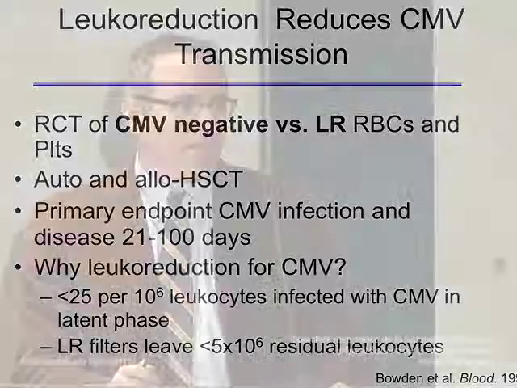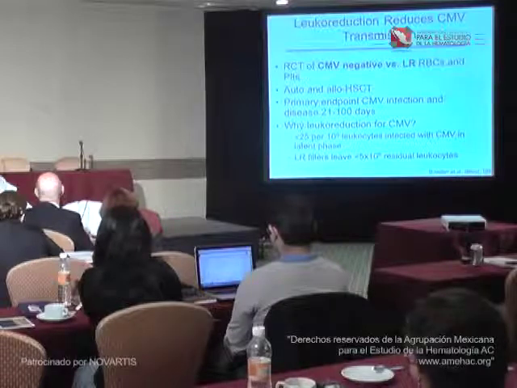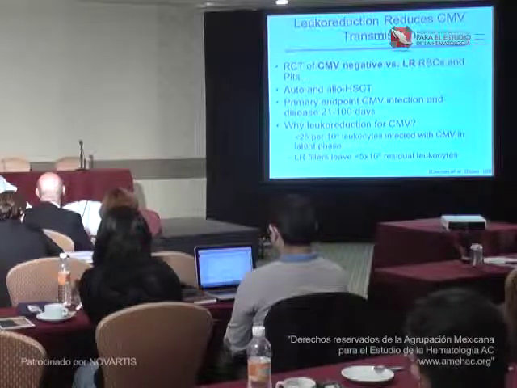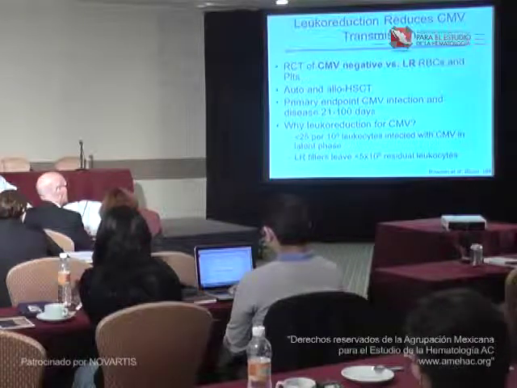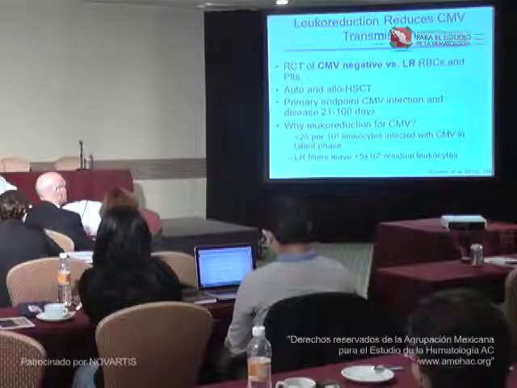So why does leukoreduction work for the prevention of CMV transmission? In the latent phase of CMV infection, less than 25 per million leukocytes is infected with CMV. And as I mentioned, with leukoreduction filters, there are less than 5 million leukocytes left in a given unit. Therefore, there's a small chance,